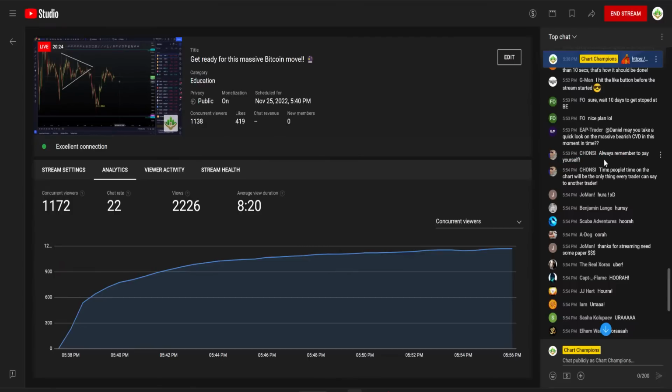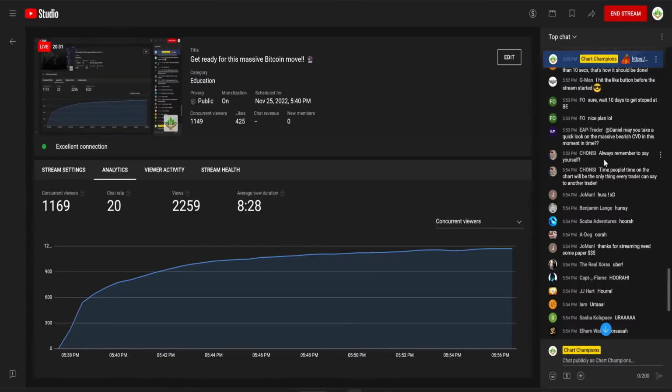How many times do you think we've seen traders get into winning trades? They're very happy. They're very proud of their profits. And later they see their winning trade turn to a loss. Well, that happens too often. Why? Because they get greedy, they get euphoric, and they see all these big profits turn to losses. And that's because they do not take profits. That's why at Chart Champions we are very strict and place a big focus on our education as well as our insights of hit that take profit, take the profit, pay yourself.